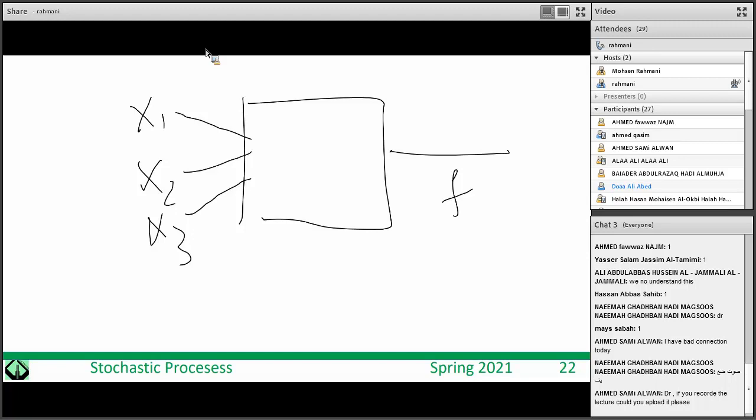Okay, I was talking about neural network. In neural network also, I have to guess a function. For example, I can guess that f is